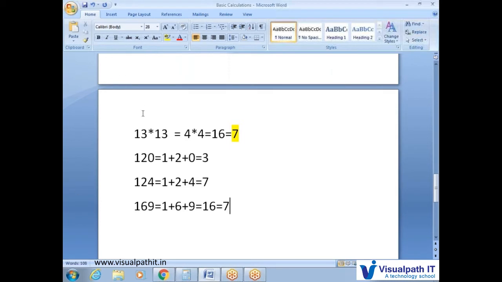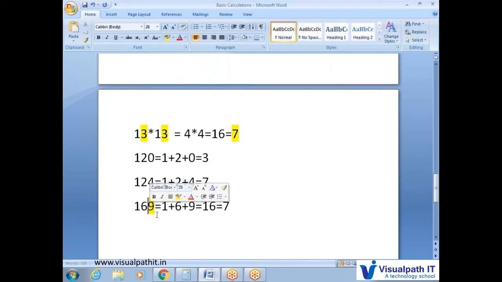So go for the unit digit method. So what is the unit place value? 3. Here also, what is the unit place value? So 3. Clear? So both are multiplying. 3 into 3, what is the value? 9. What is the ending value? 9 in the given options. So option C has the ending value 9.